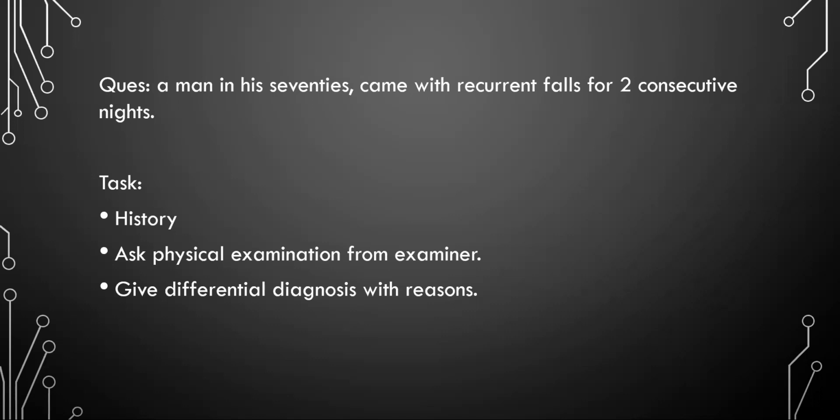Then ask about the fall history, what exactly happened. We always follow what happened before the fall, during the fall, and after the fall. So you could ask, what happened before the fall? Did you feel any headache, nausea, vomiting, any blurring of vision, any weakness, any chest pain, any difficulty breathing? And then, did you lose your consciousness? Was there any weakness? Did you hit your head? Rule out all the epilepsy questions. Then ask about post-fall questions.